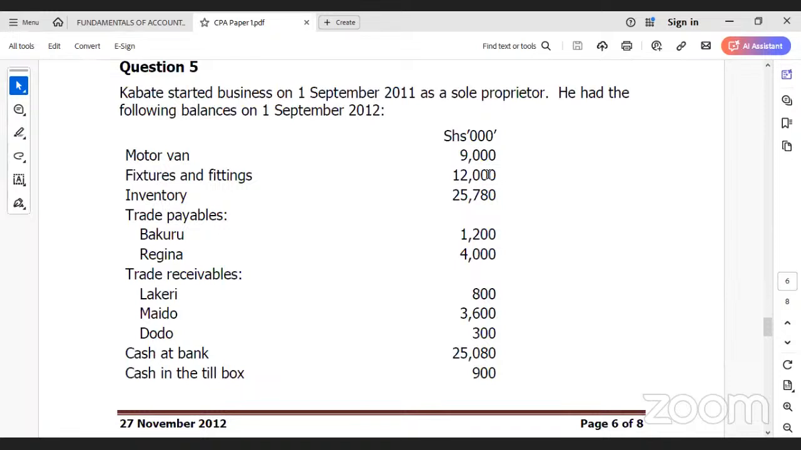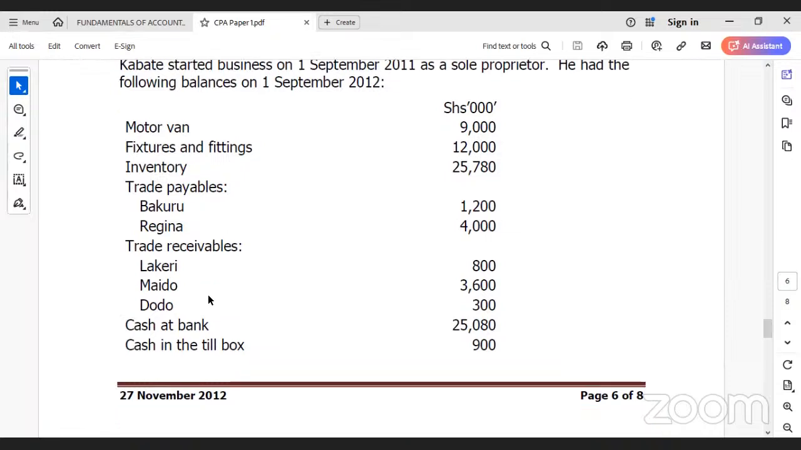Kabate started business in September 2011 as a sole proprietor. He had the following balances on 1st September 2012, so after a period of 1 year. This is what we have. He has the motor van, fixtures and so on, the inventory, the receivables, cash at bank, and then cash in the till box. But now, when you look at the balances from the previous period, you will see that